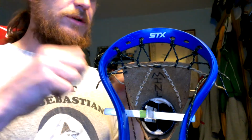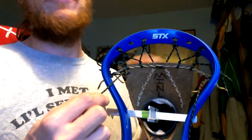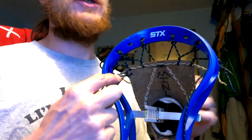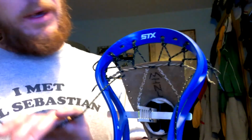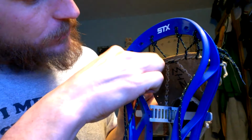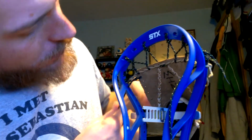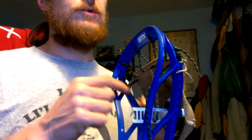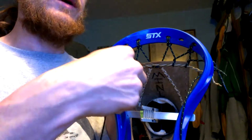And then we're just going to loop this over, just like we're doing a piece of mesh, stringing that to the sidewall. It's just a little bit longer, maybe like you're doing a goalie stick, where you've got it suspended in the middle. Or if you guys are familiar with stringing traditional stuff, maybe use some of the other Minlax tutorials, you know exactly what we're doing here. So again, I'm going to come down to my next hole here on the sidewall. And again, I've got one of these big slots, and so rather than just have one knot in there where it can kind of slide, I'm going to go ahead and use this one twice. So finish that up, coming through here,